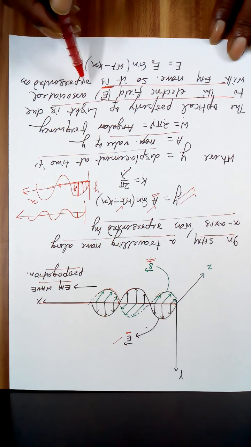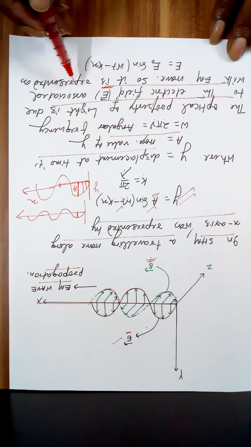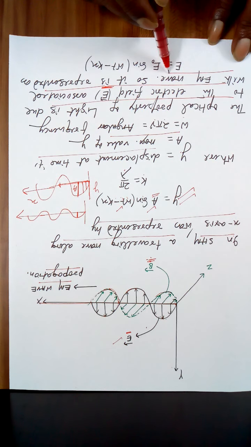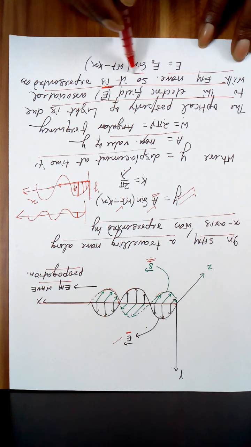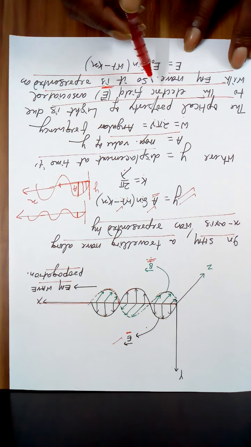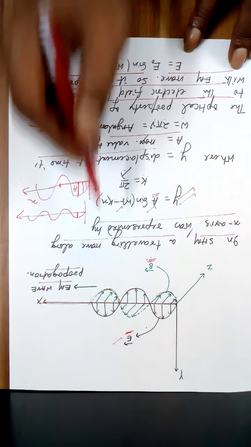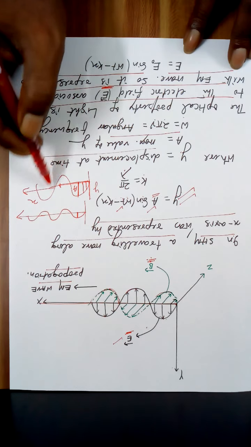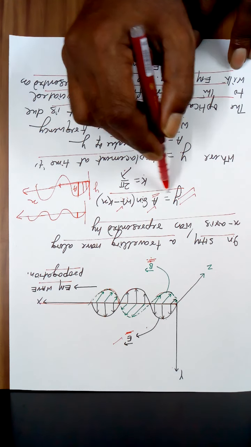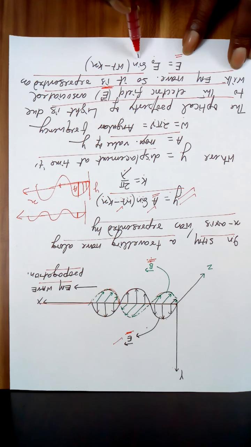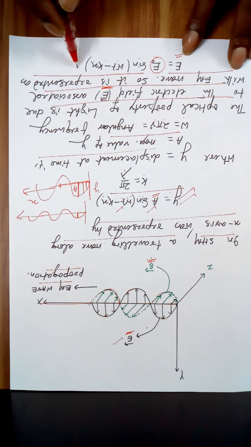Optical property means reflection, refraction, that it bends while going from one medium to another, is associated with the electromagnetic wave. Since the optical property is due to the electric field vector, and this E is changing like a wave, as we wrote here, y is equal to a sin(omega t minus kx), you can write E is equal to E naught sin(omega t minus kx).